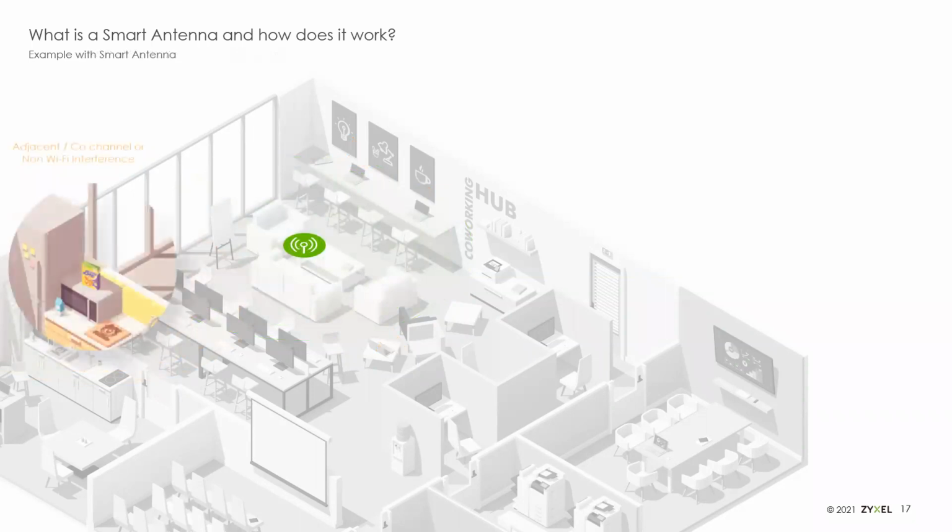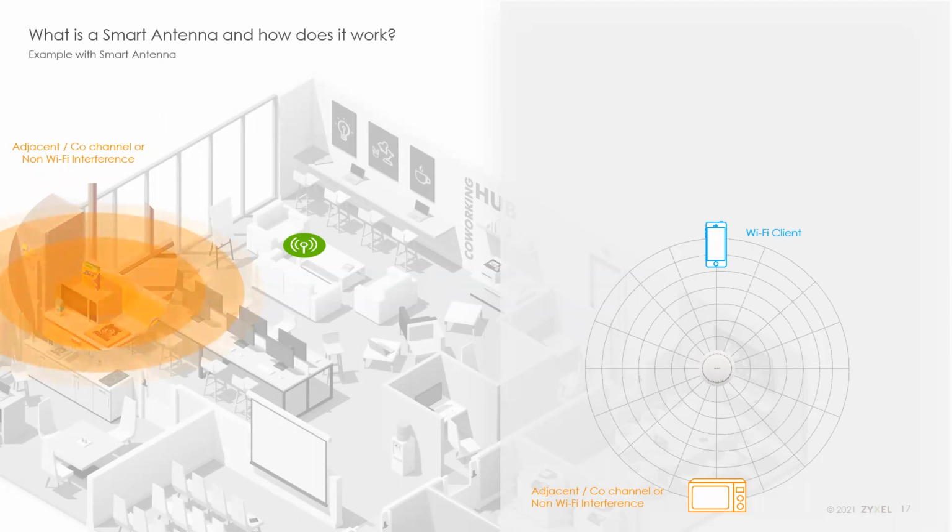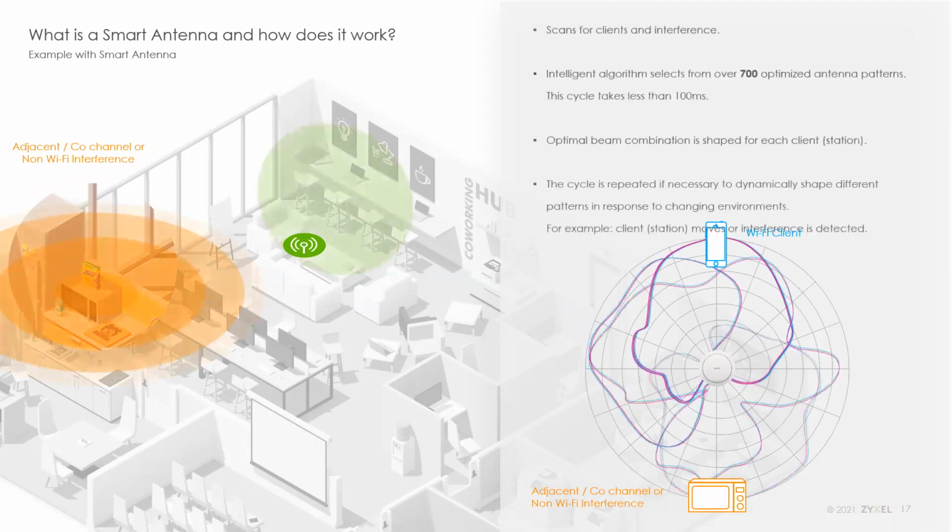So by going to smart antenna, instead of having that one fixed antenna pattern, with smart antenna, we've actually got not just the one of a standard AP or 2 different sets of antenna patterns like with our dual optimized antenna. With smart antenna, you've got hundreds of different antenna patterns that you can use. And so our access point will go through in nearly real time and choose the antenna pattern that both optimizes the signal strength, directing it towards the direction of the client device it's communicating with, but also by